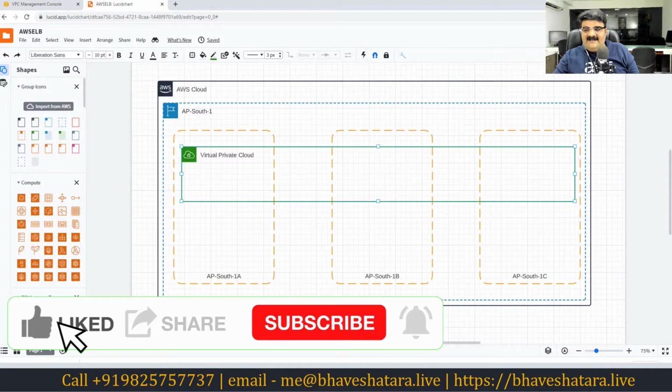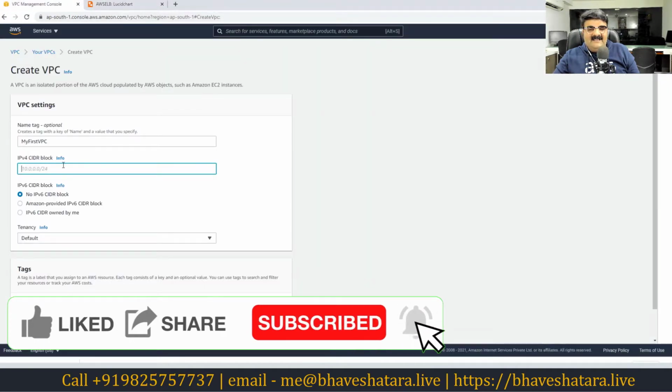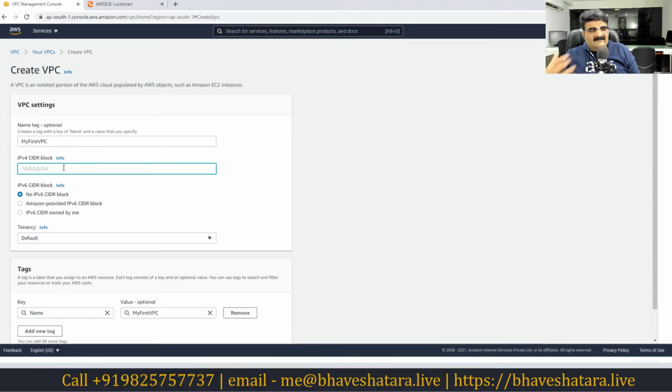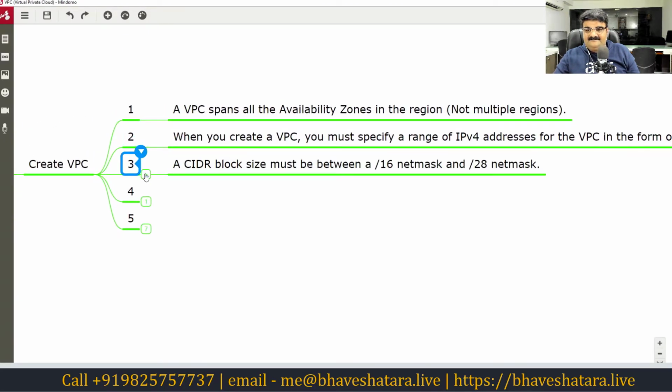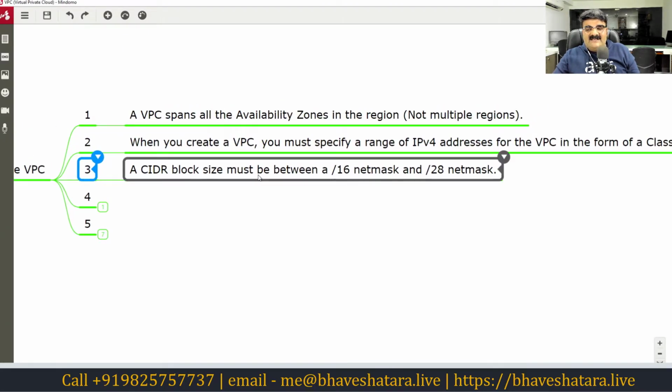Otherwise you have to provide the IP address range over here. Basically we provide fake IPs, and in some cases we can provide live IP addresses as well, but for today I'm going to provide a private IP address range. A CIDR block size must be between a /16 netmask and a /28 netmask.